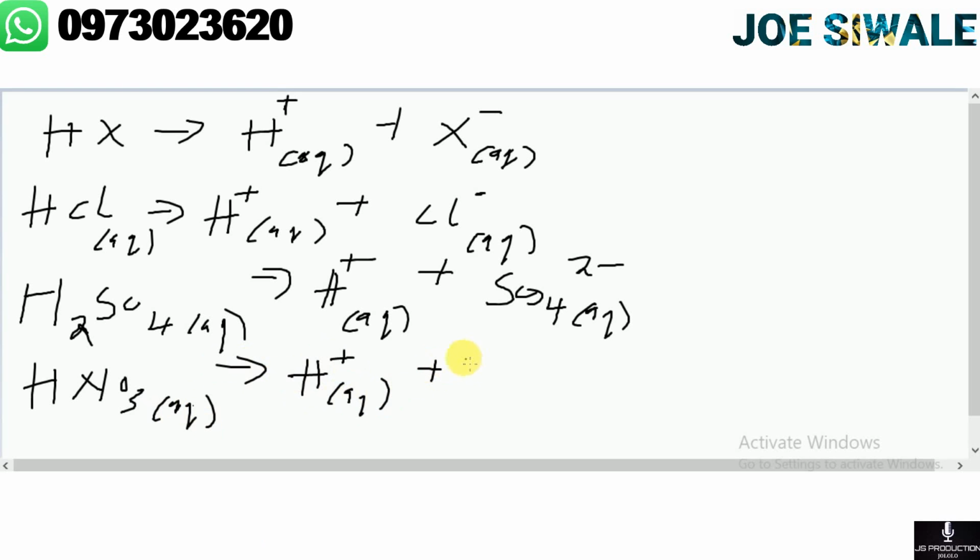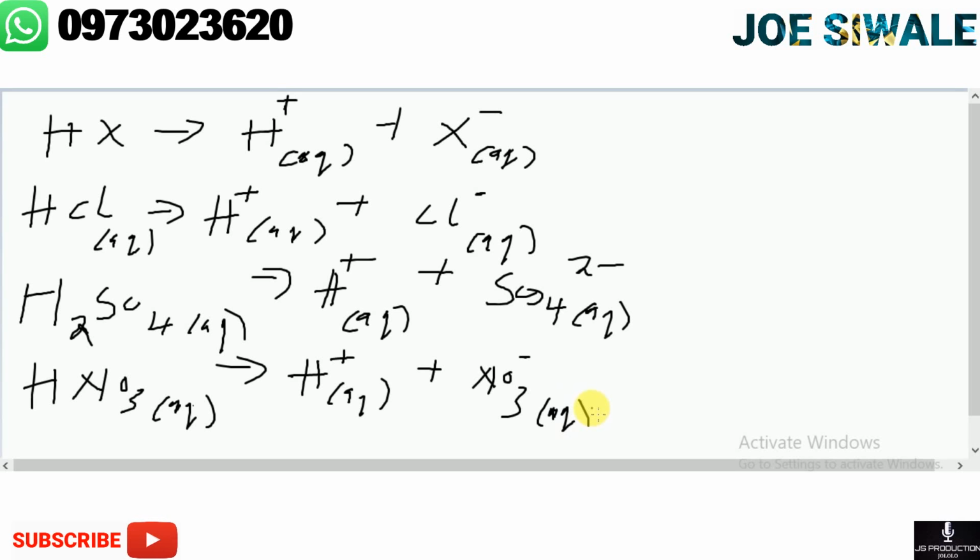We're going to have a positively charged hydrogen ion plus a negatively charged nitrate ion, and we know that the valence of nitrate is 1, so that's going to be negative. So that's how you can represent some of the different acids when they undergo